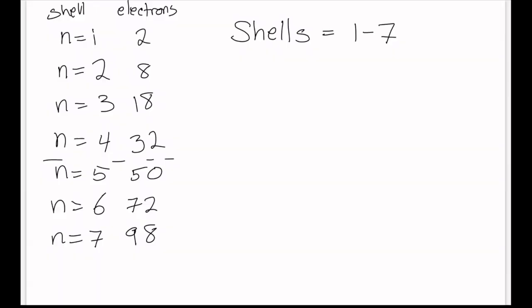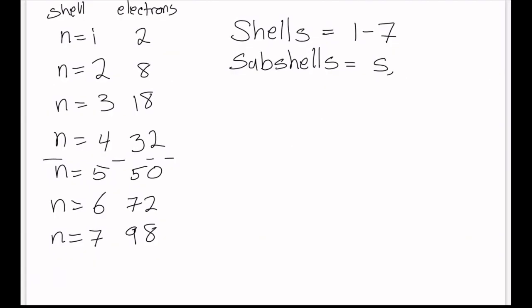But within each energy level, we have something that we call subshells. Now, subshells have letters. And these letters come from way back when they were doing those spectroscopes and they were seeing lines on a piece of paper. They were based on what those lines looked like, a solid line or a dotted line, or something like that. So we're stuck with this convention that is S, P,